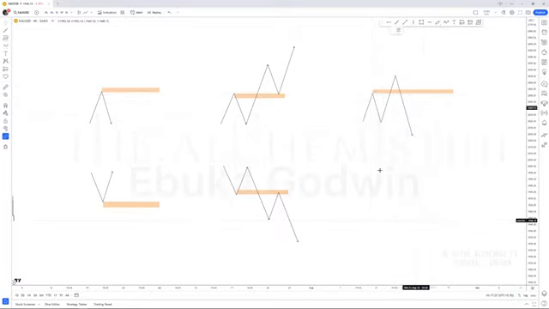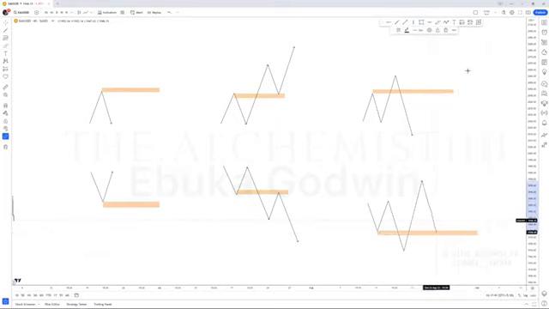And then same thing here. This is what we call a QML once again. Now it's just a support, right? This is just a support. We could expect moves like this. Now you might be confused. We have this zone here, we have this zone here, we have this